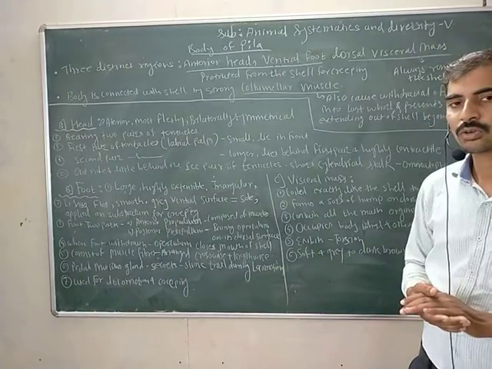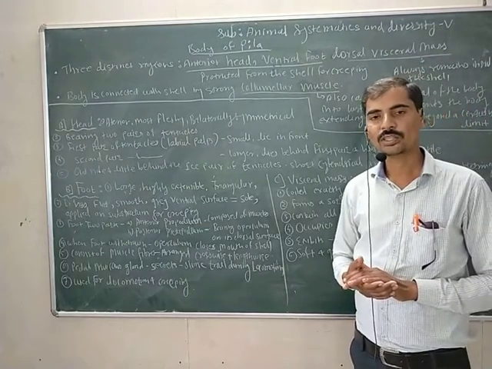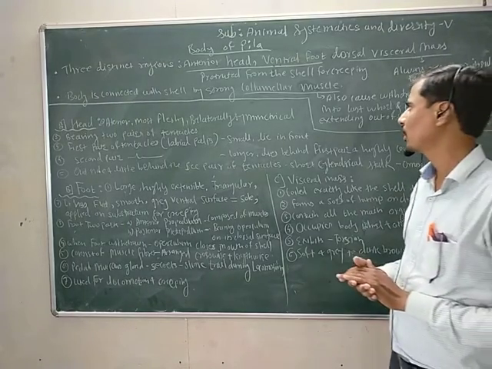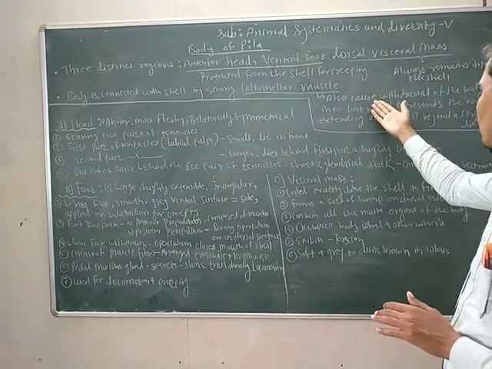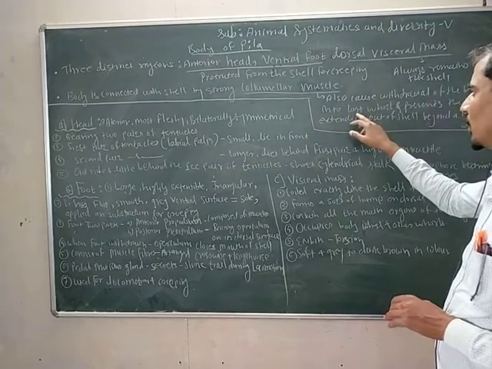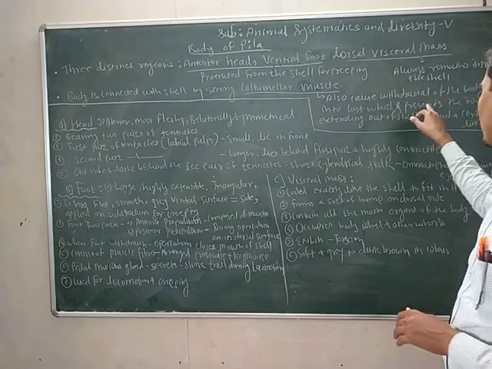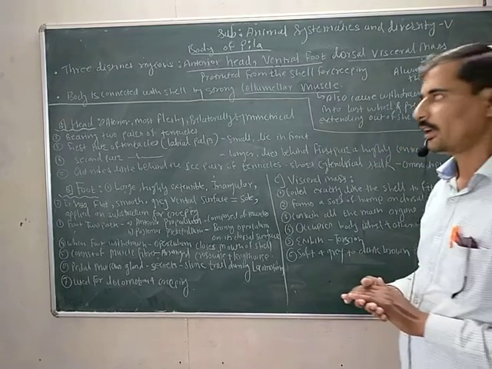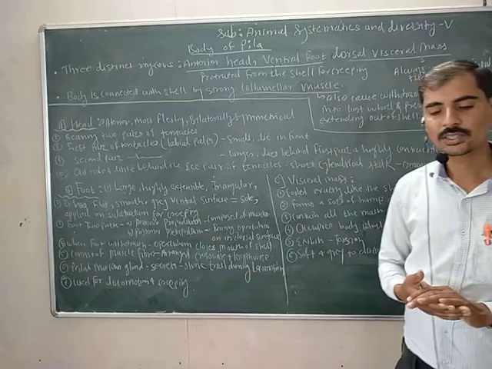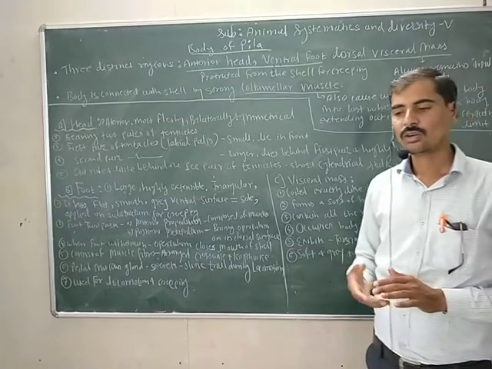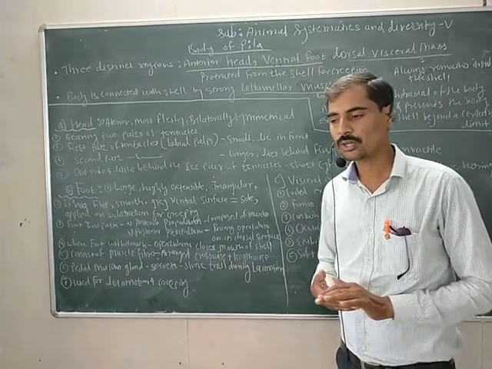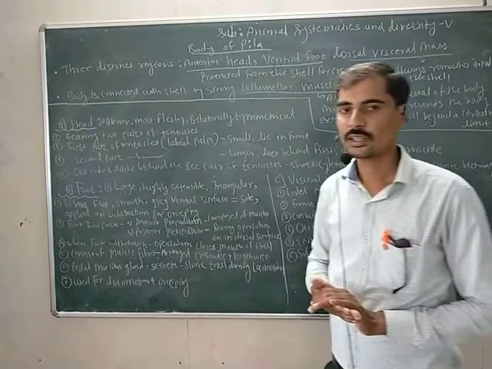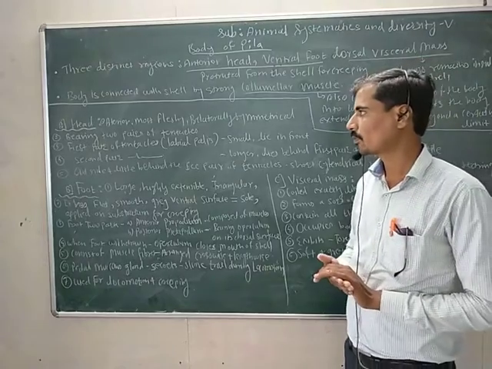The body of the Pila globosa is connected with the shell with the help of the columella muscles, and these columella muscles also cause withdrawal of the body into the last whorl and prevent the body from extending out of the shell beyond a certain limit. Dear students, if we see the body of the Pila globosa part by part, the first part is the anterior part called the head.